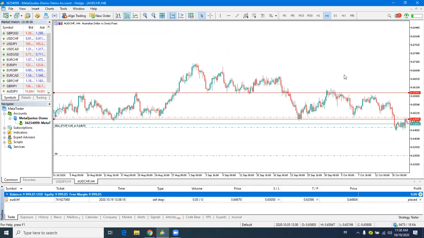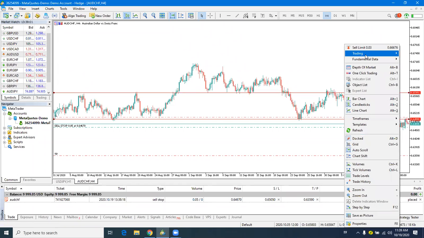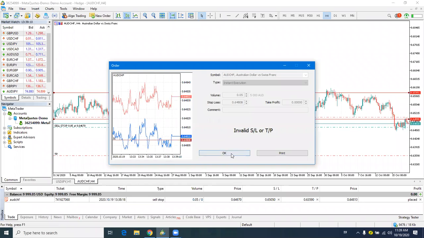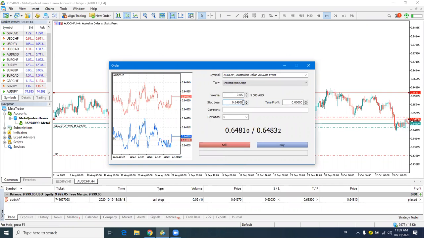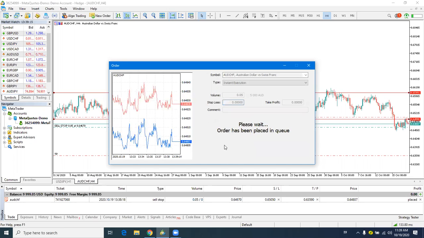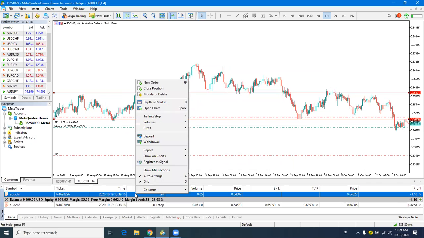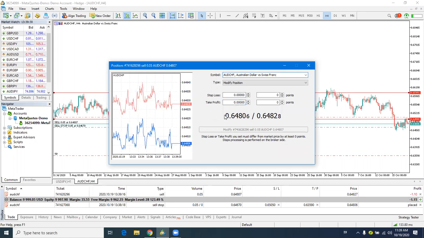Now, if it's an instant order, I want to show you how it runs before the market goes off. New order, instant execution, 0.05. Create your stop loss, create your take profit, and then you click on sell. Sorry, I need to put it at 0.0000 so that, and then you click on sell. Boom. See, the market has entered the trade immediately on instant execution, and I'm in a loss of 1.04 already. Okay, so I can still come here, right click on it, and modify. When I modify, I can insert my stop loss, insert my take profit, and then